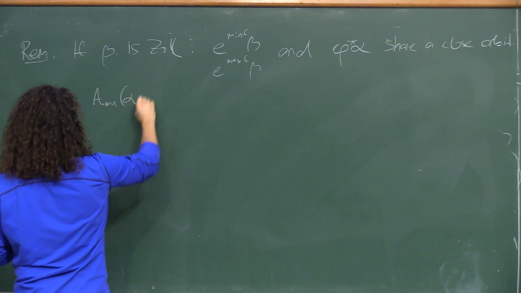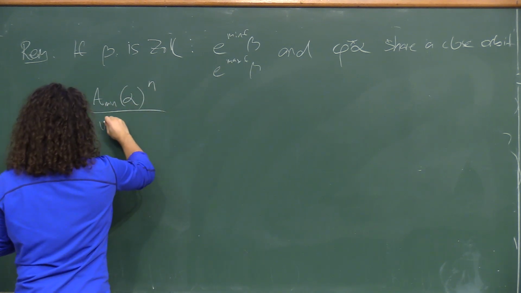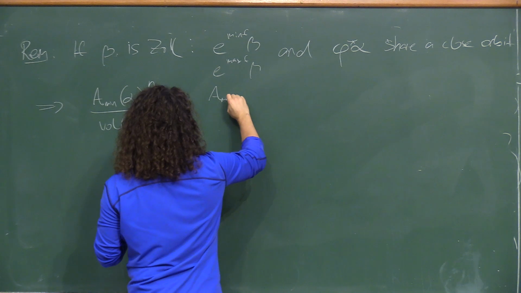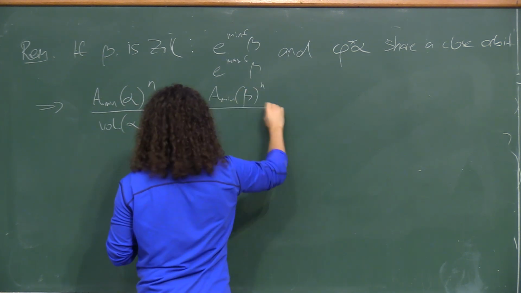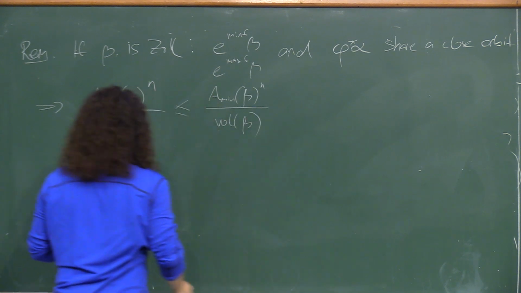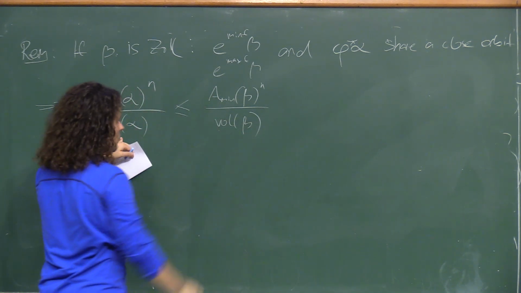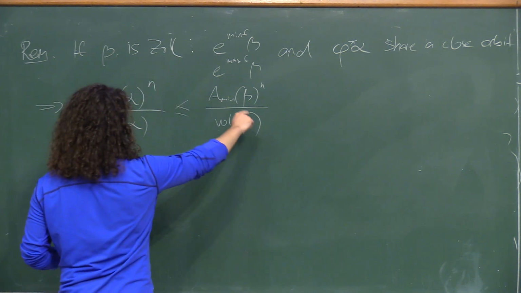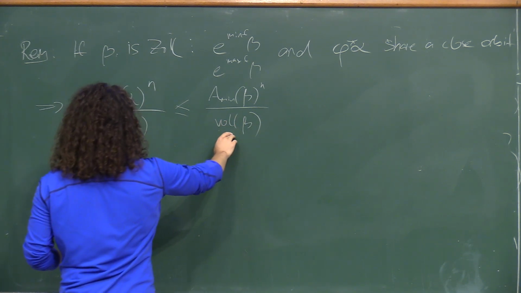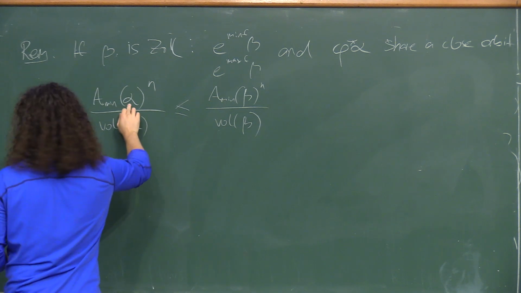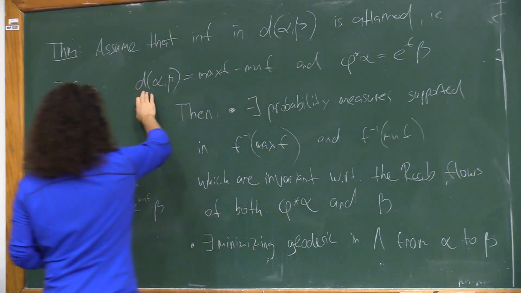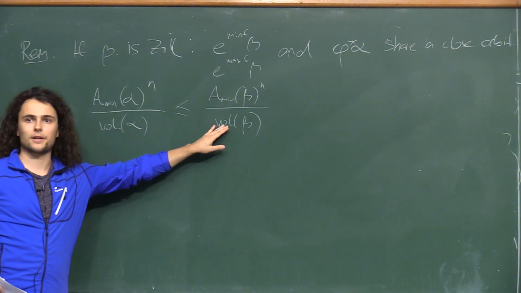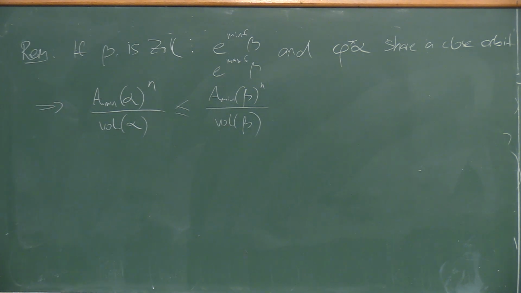So we have the minimal action of alpha to the power of n over the contact volume of alpha. That must then be less than or equal to the minimal action of beta to the power of n over the volume of beta. And this quantity is also called the systolic ratio, which is the one that shows up in the weak Viterbo conjecture. Right, so if we have this Zoll contact form, it has some systolic ratio. And if you have any other contact form alpha such that this infimum here is attained, then the systolic ratio of alpha was at most the systolic ratio of beta. Right, so that's an immediate consequence.